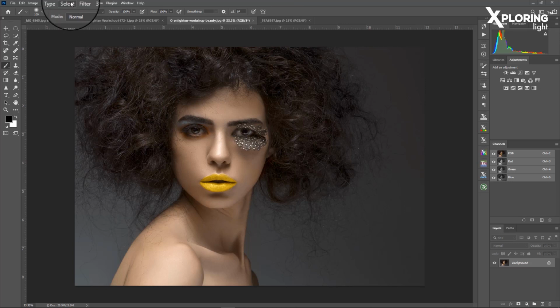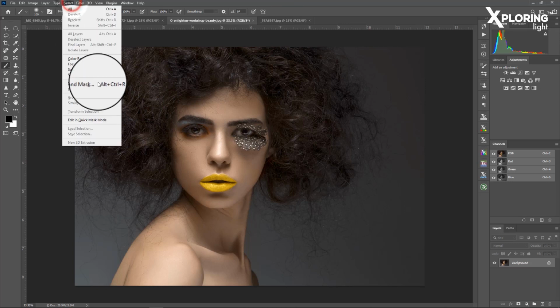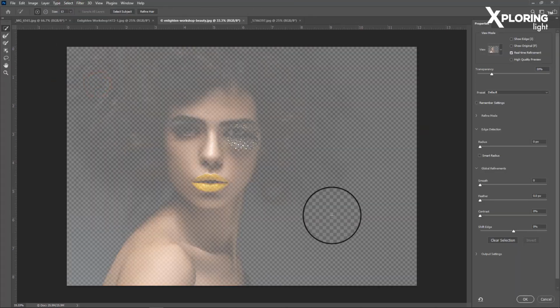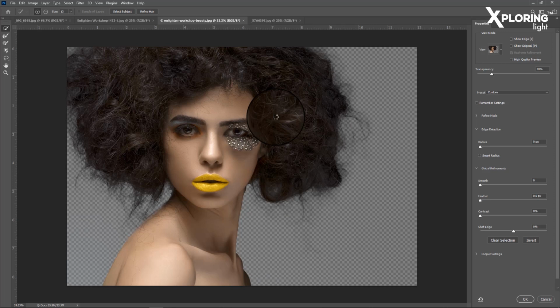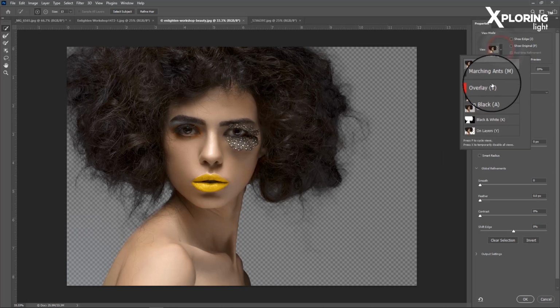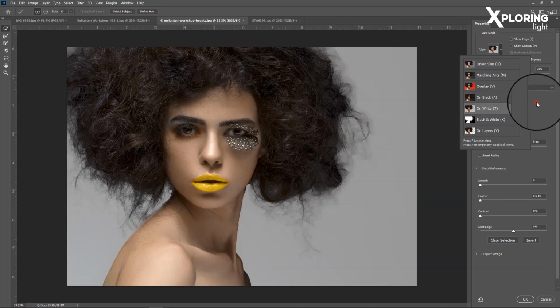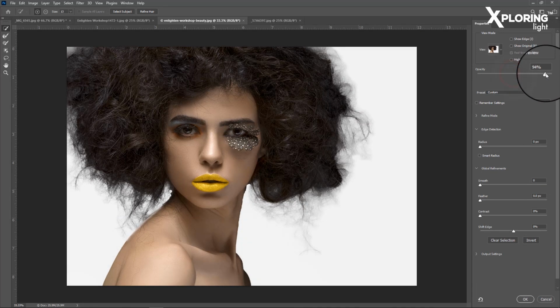I've opened up a studio portrait here. I'll go to Select and Mask, and click on Select Subject. It does its own calculation and selects the subject. It does a fairly good job. To understand this, again I am going on white as a background, and when I increase the opacity, see, it has done a fairly good job.